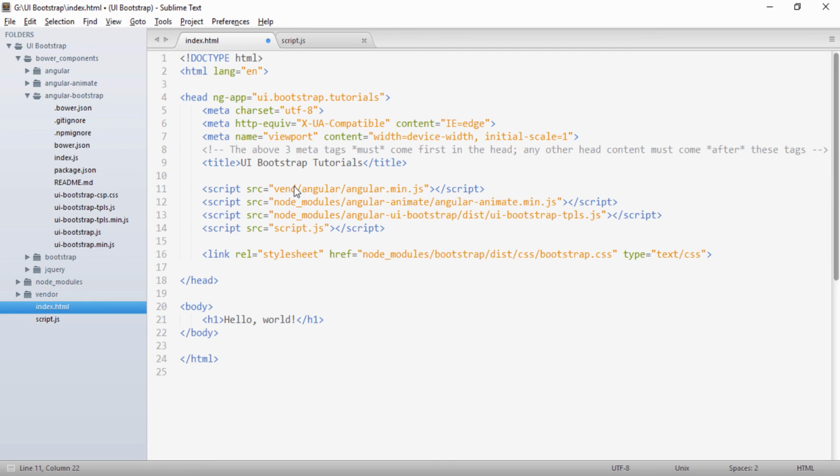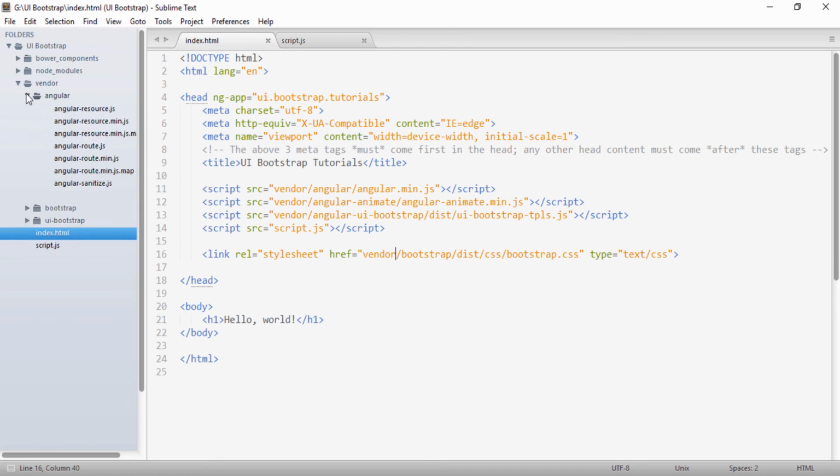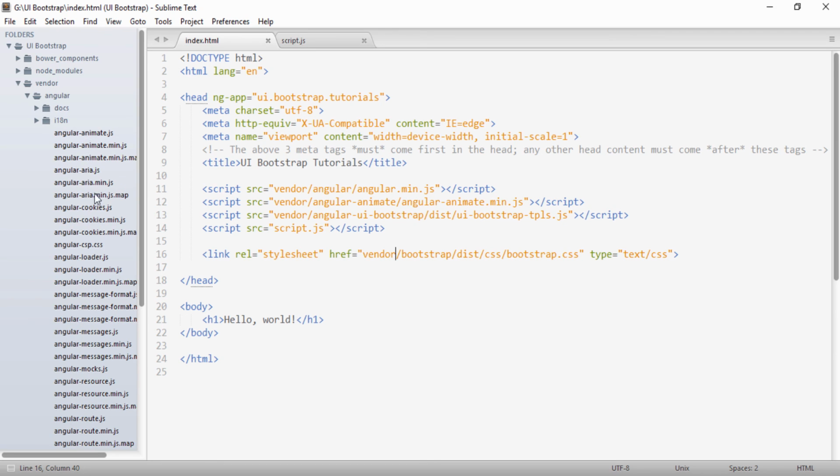So vendor, then Angular. The angular.min.js, it's not the correct path. For Angular animate, I will change the name to Angular itself. So in the Angular folder there is angular-animate.min.js.